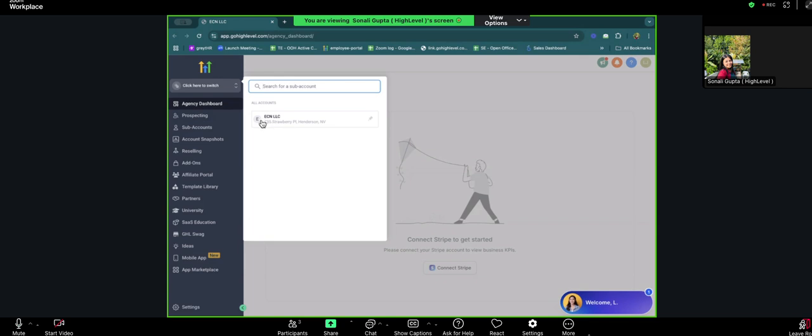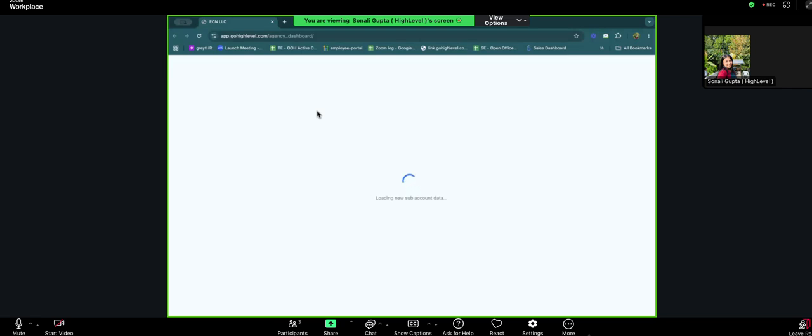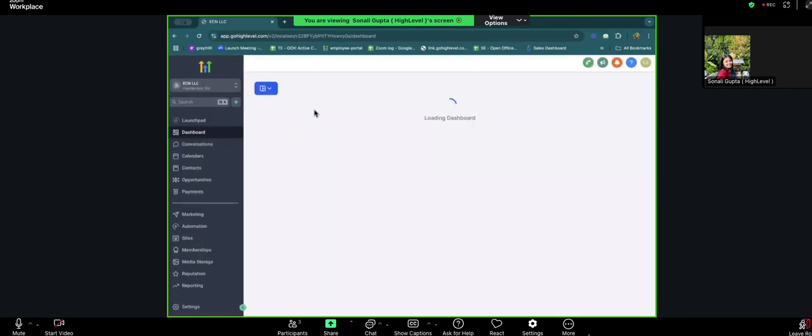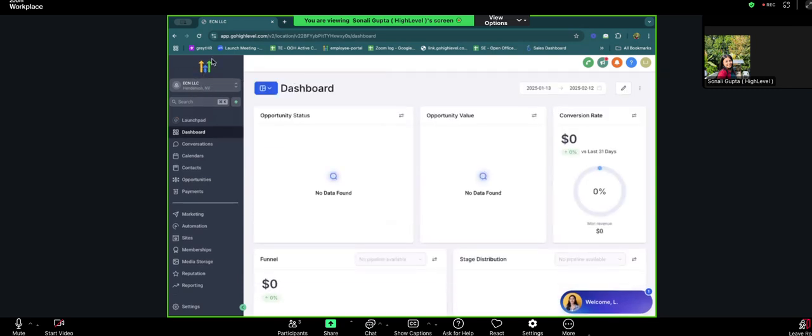Now I'm just going to enter inside your sub account. Whatever tools you're going to use for your business are inside the sub accounts and not at the agency level. The business logo you see on the top left-hand side, you can change to your own business logo. We do have a free app which you can have on your phone so that you don't miss out on any calls, SMS, social media updates, or appointments from your clients, and that is absolutely free.